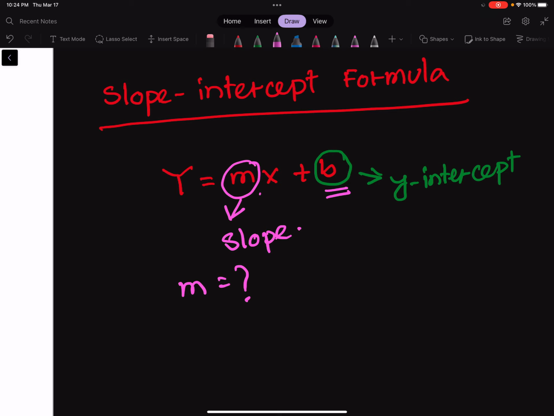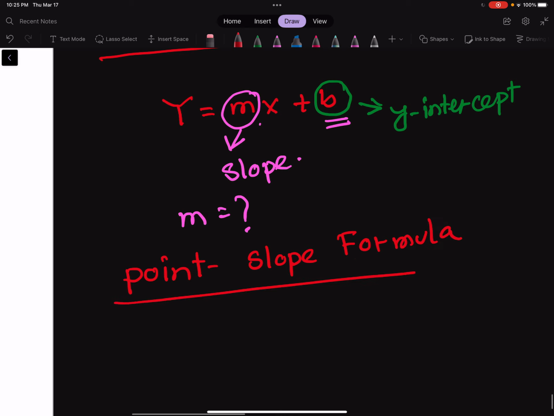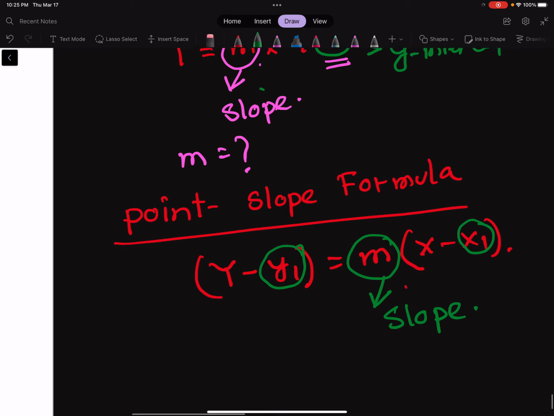And we have another way of writing an equation, that is the point slope formula. In this case, the formula looks like y minus y1 equals m times x minus x1. So to write the equation, what do you need? This m stays the same for our slope, and this x1 and y1 is the point